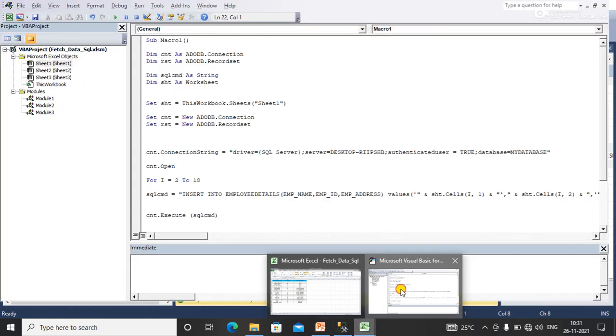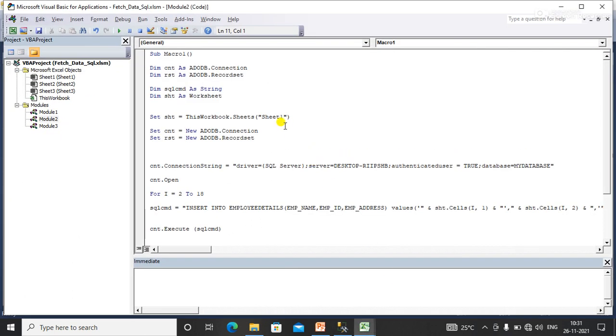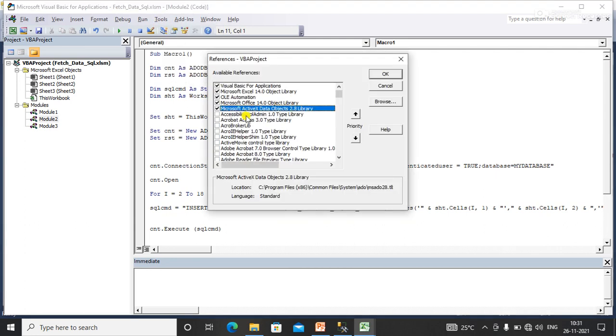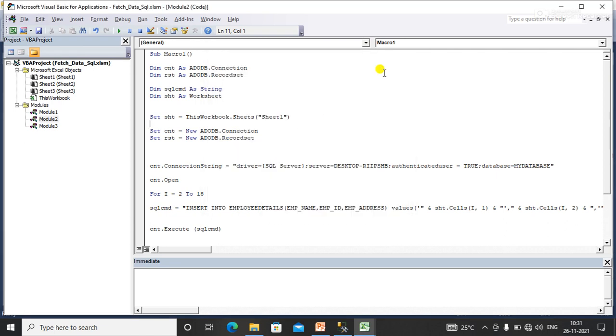Now I'll show you the code for how to insert the data from Excel to a SQL Server database table. First you need to add the library, that is Microsoft ActiveX Data Objects 2.8 Library, if you are using Excel 10.